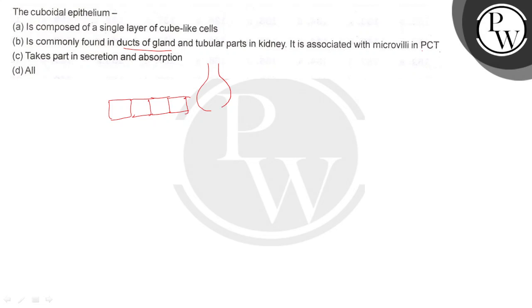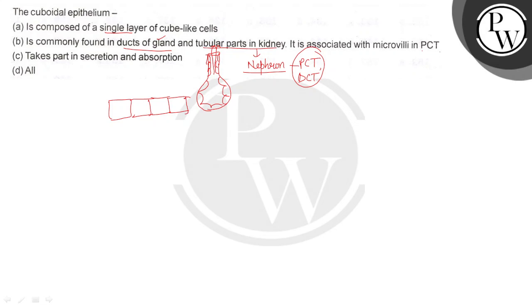This is a salivary gland, which is composed of numerous cells, and here the duct, it means this tube which carries the secretion, is lined with the cuboidal epithelium, simple cuboidal epithelium, which is composed of a single layer of cells. So this one is true. And the tubular parts in the kidney, it means the nephron. In the nephron, parts like the PCT, loop of Henle and the DCT are lined with